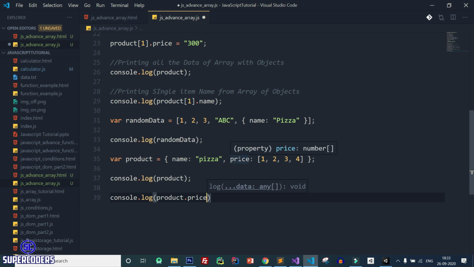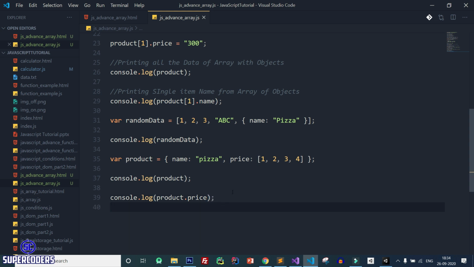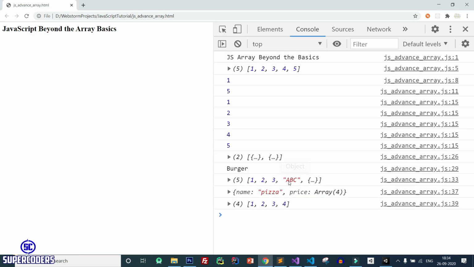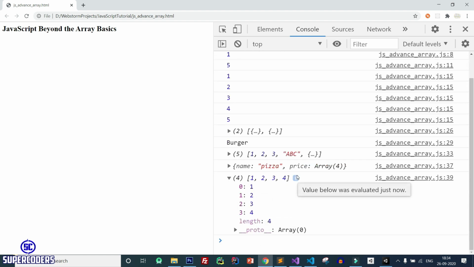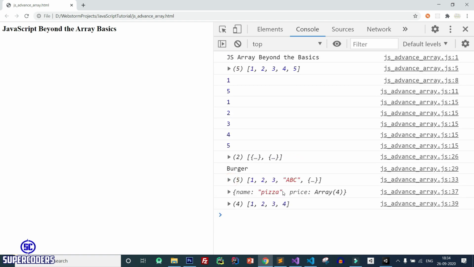You can see price is an array. After that you can simply print the value, save it, back to Chrome, refresh the page, and you can access the value of price in array format. If you open this, it shows length and data. So in this way you can create objects inside an array and arrays inside an object, and you can use customization.